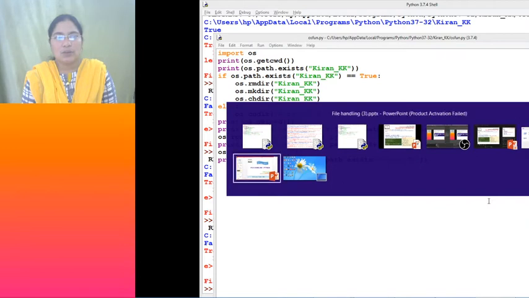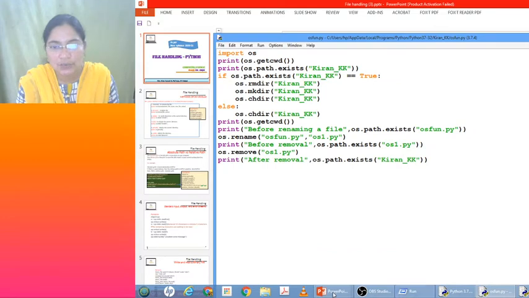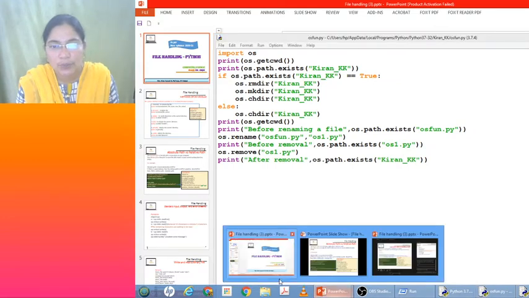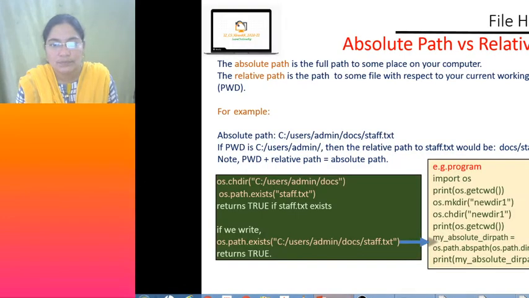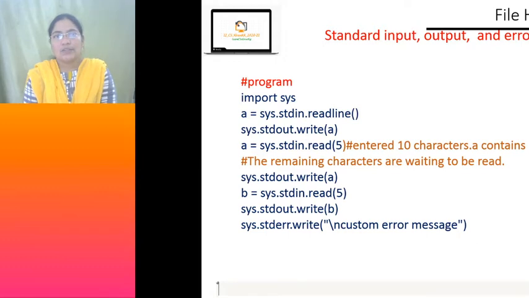Okay, so now let me go back to our presentation, and we'll continue with today's topic. Yes, so this much is clear, absolute path and relative path. Right, now let us look at some other streams, that is standard input stream, output stream and error streams.